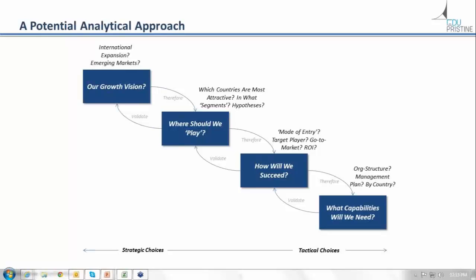I think it's more commonly known as the where to play and how to win framework, and there are many consulting firms that use this model in a variety of different flavors. What you're essentially saying here is, if we want to find growth opportunities, first let's take a step back and look at our growth vision. Do we, as a company, want to get into more products? Do we want to just focus on the current products? Do we want to just play in one geography? And so on and so forth. So let's take a step back and look at our growth vision.